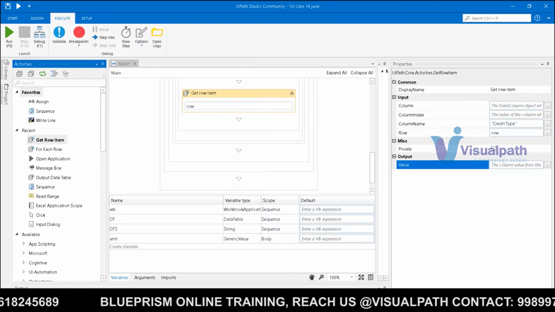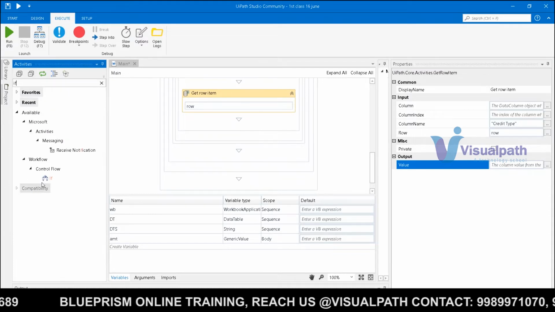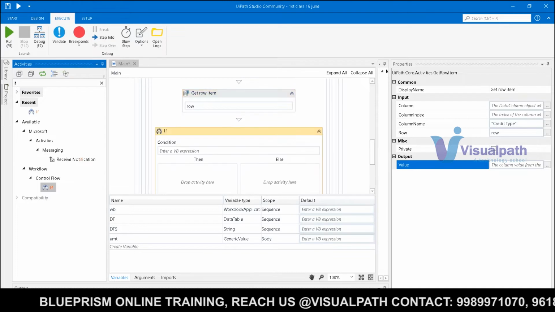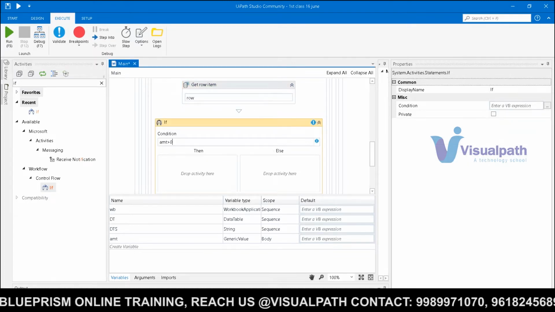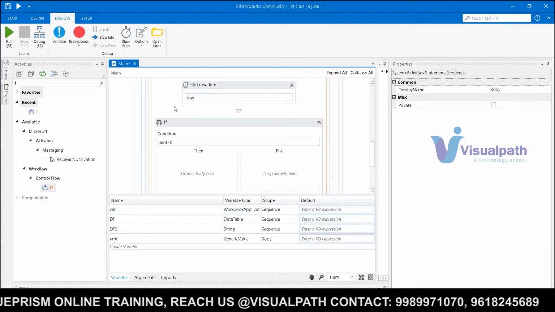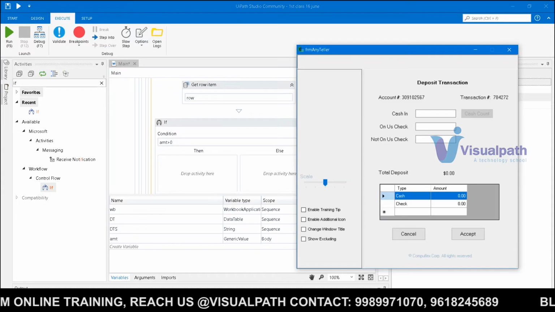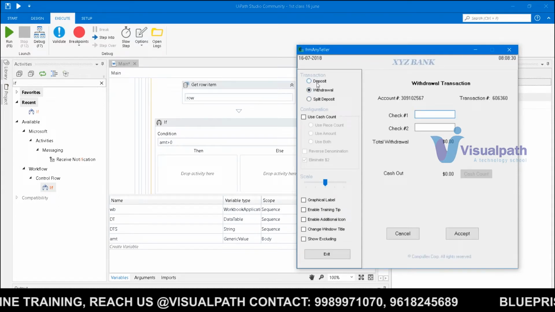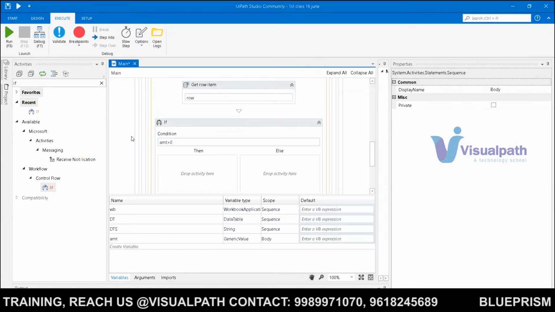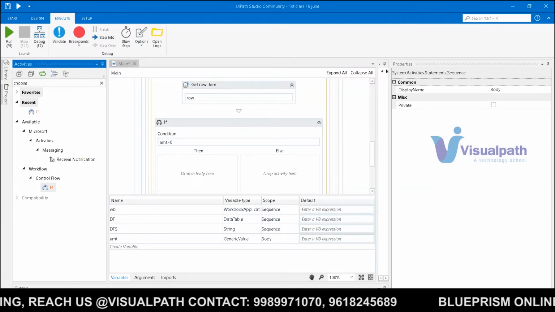So I use an if-else condition in this scenario. If the amount is greater than 0, I need to choose deposit. If the amount is less than 0, I need to choose withdrawal. Simple as that, right? So if amount is greater than 0, then choose